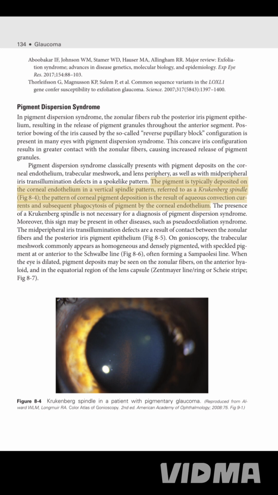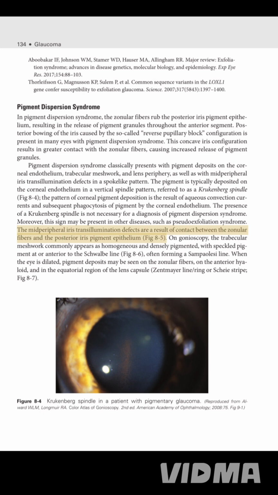by the corneal endothelium. The presence of a Krukenberg spindle is not necessary for a diagnosis of pigment dispersion syndrome. Moreover, this sign may be present in other diseases, such as pseudoexfoliation syndrome. The mid-peripheral iris transillumination defects are a result of contact between the zonular fibers and the posterior iris pigment epithelium,